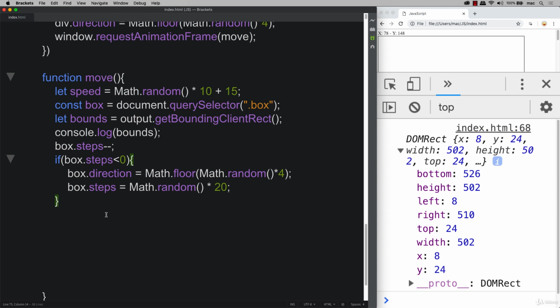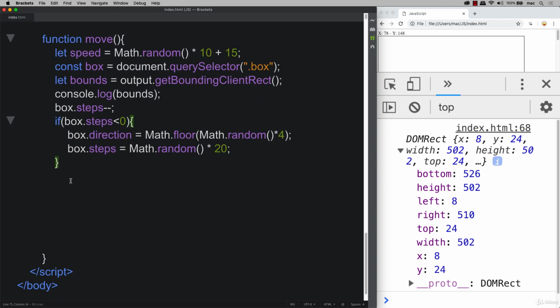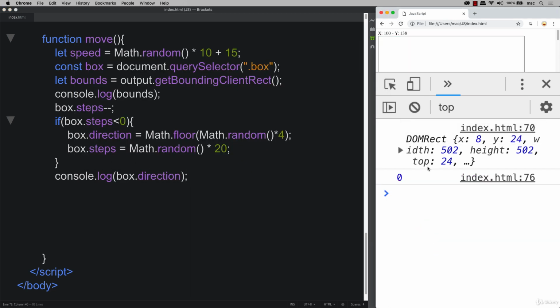So this is giving us a random direction that we can move the box in. So for now, we can console log out that information. So we can do box direction. And as we refresh,